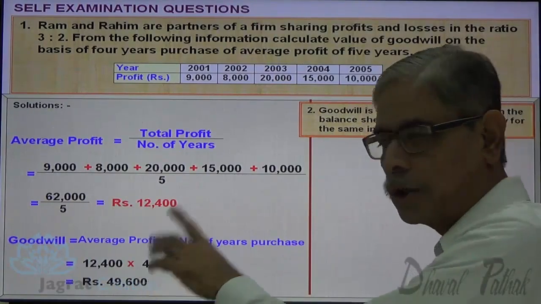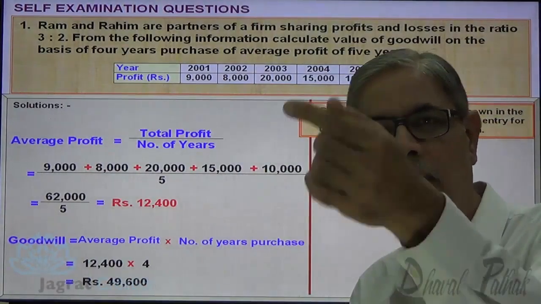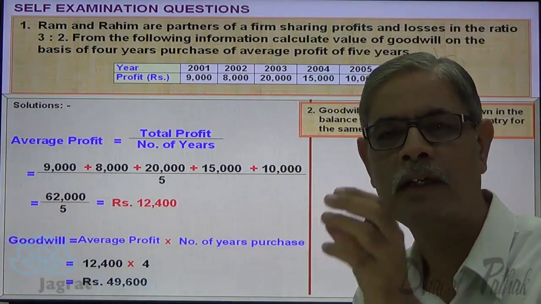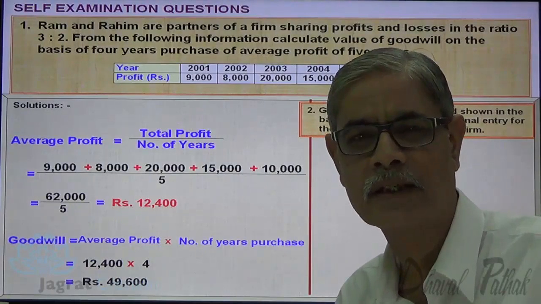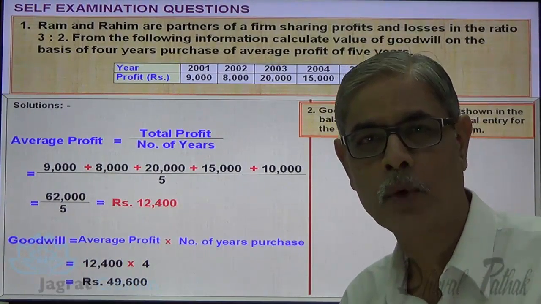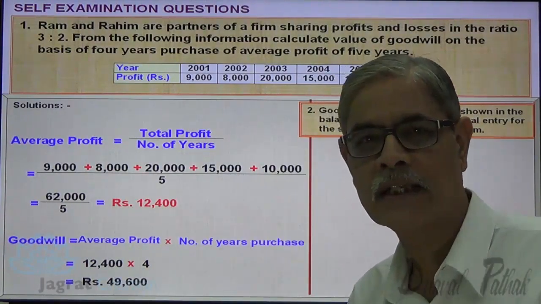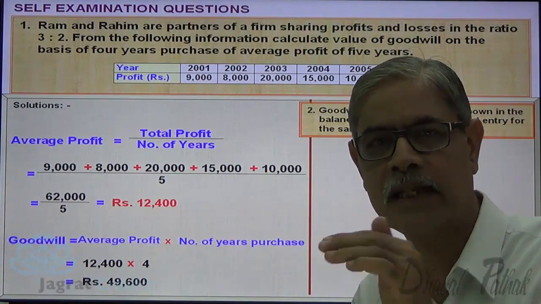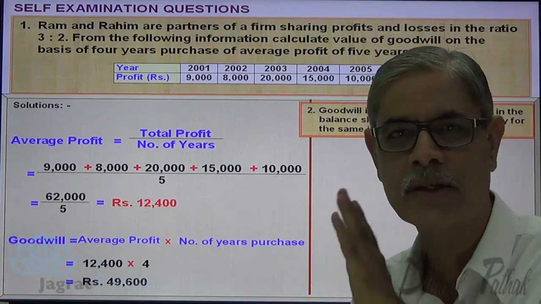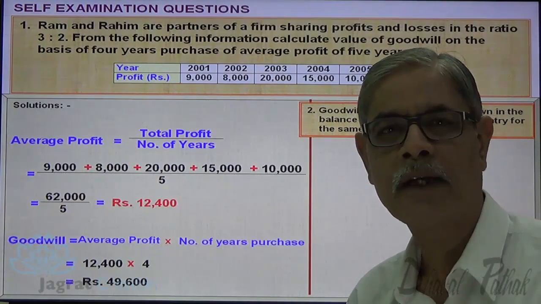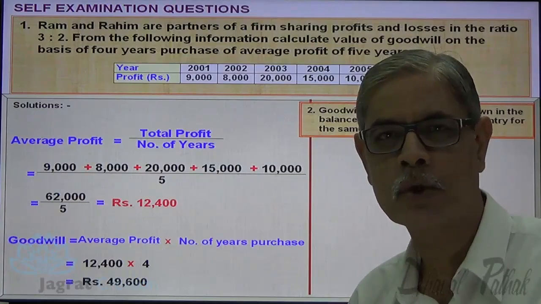Now this is the valuation of goodwill. That is to be raised. So book value of goodwill is taken to be 0. Valuation made is 49,600. So increase in value of goodwill 49,600. Goodwill is an intangible asset. Increase in the value of asset is a gain that gets distributed amongst partners in the old profit sharing ratio,